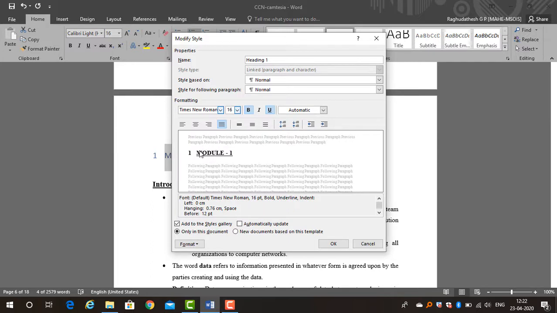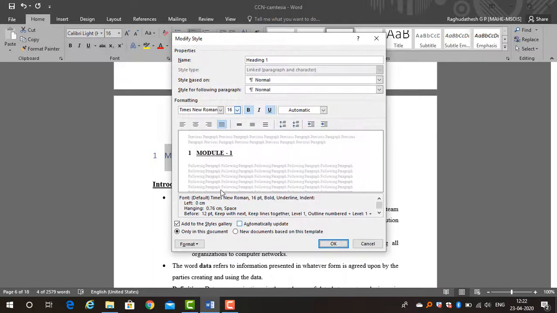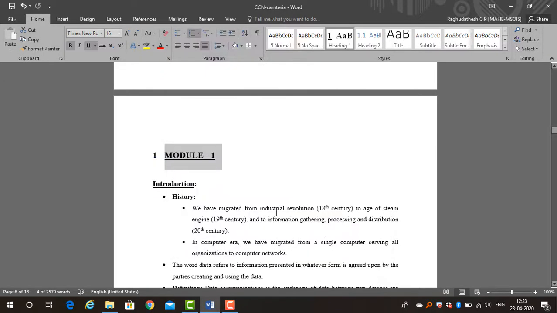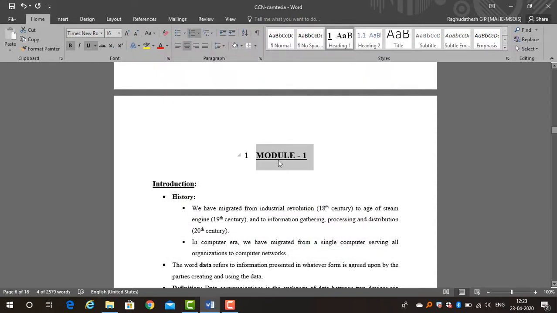You can also configure the spacing below and above by increasing or decreasing the spacing. Also, if you go to Format and Paragraph, here you can adjust spacing to 0 point or automatic. I have also made my heading centered. See, this is how I configured it.